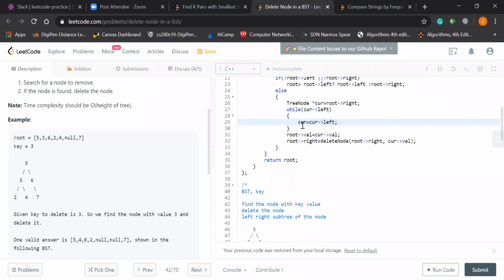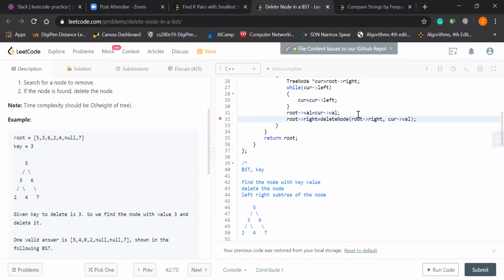When we break the while loop, that means I found the leftmost node, and I replace the value with the root value. And I think that line 32 is very important. After I replace the value, for the root right,